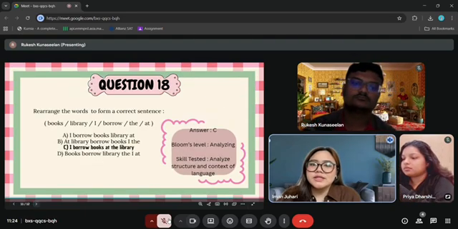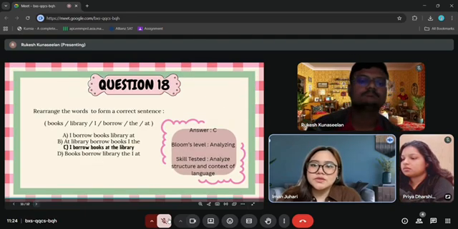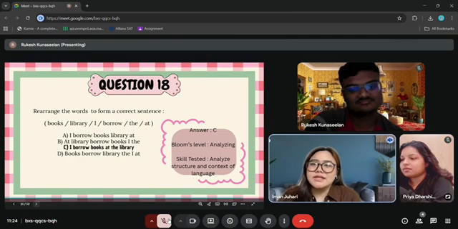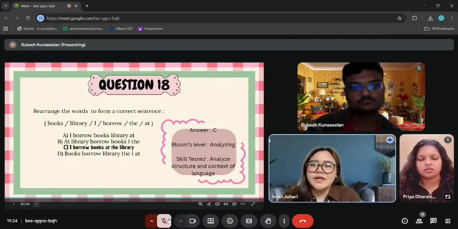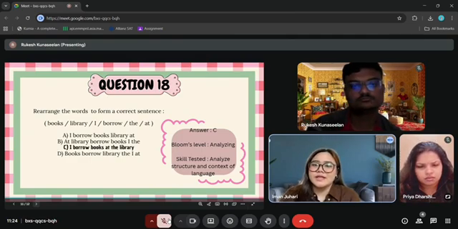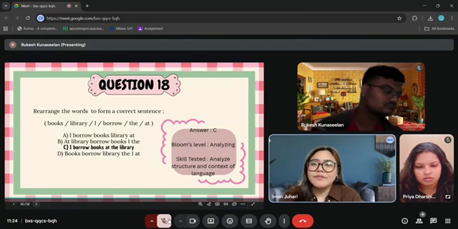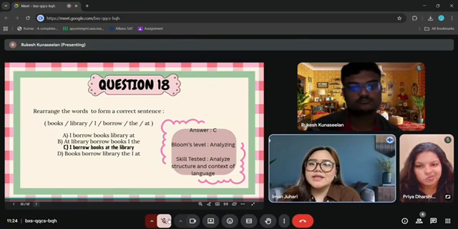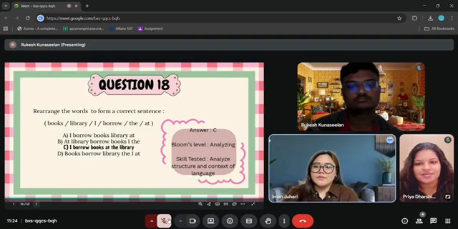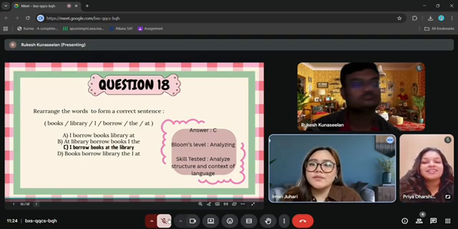So the question is, rearrange the words to form a correct sentence. The given words are books, library, I, borrow, the, at. So the answer choices are A. I borrow books, library, at. B. At library, borrow books, I, the. C. I borrow books at the library. And D. Books borrow library, the, I, at. So the answer is